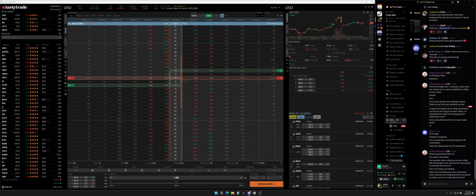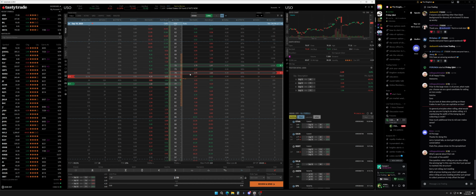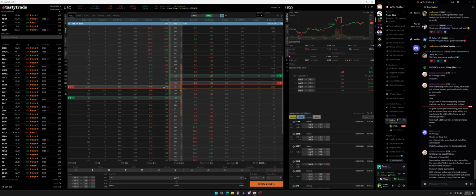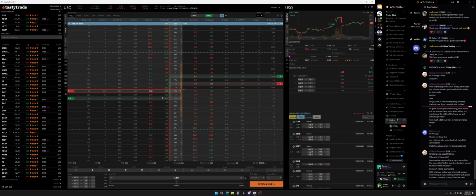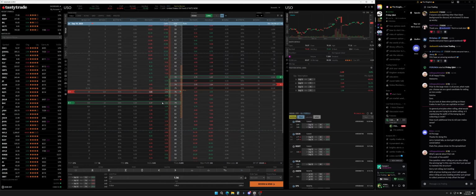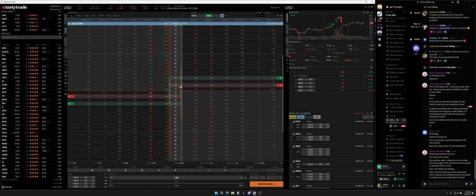With oil testing your short call spread, when rolling, are you reselling another put spread to collect premium to help offset the loss? I guess in a way, if this answers your question, please tell me if it doesn't. If I recenter, I'm reselling this short because I'm recentering the iron condor. Is that kind of what you're saying? Are you saying you put on the second put